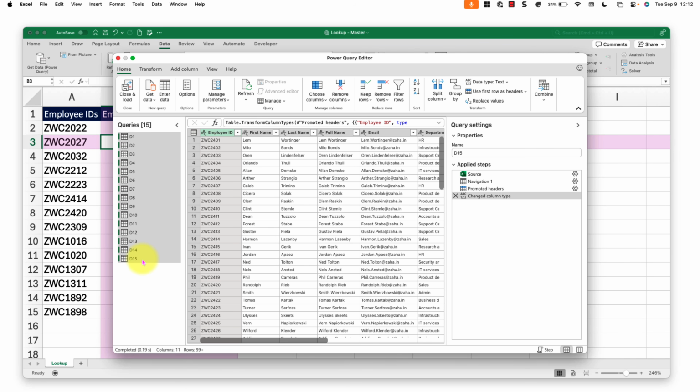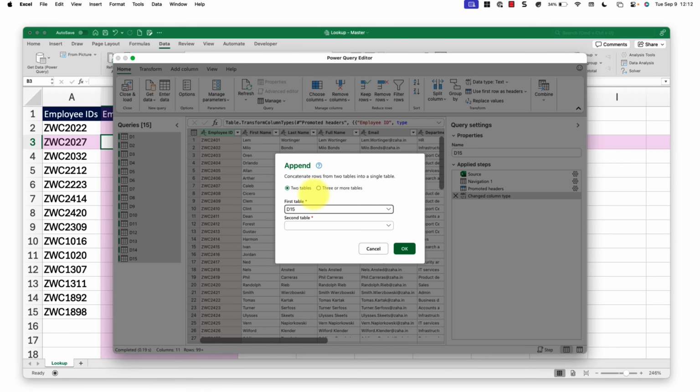This will allow you to select all the sheets in the range. When you have them selected, on the top right, click on Combine and select Append Queries. Click on that little down arrow and then select Append Query as New. Select that option, and here in the Append dialog, select the option that says 3 or more tables because we